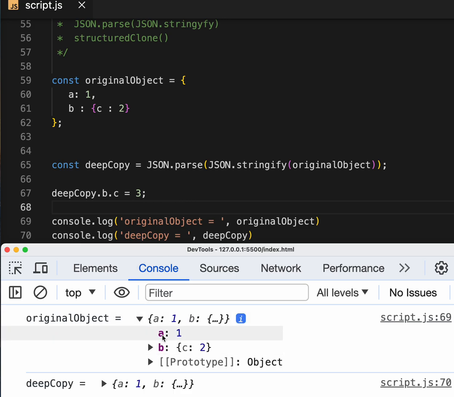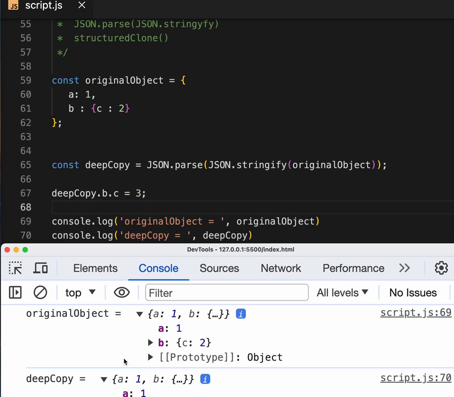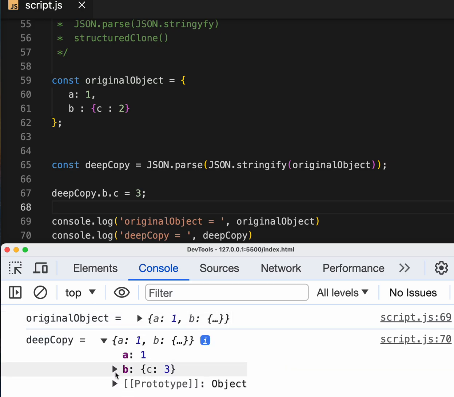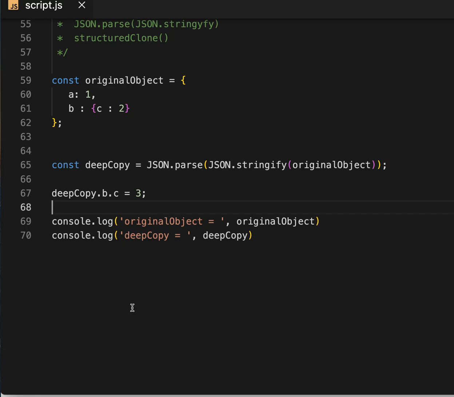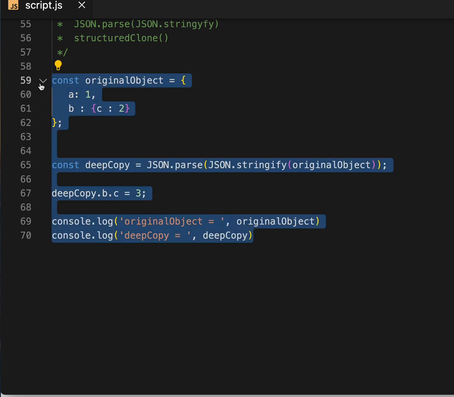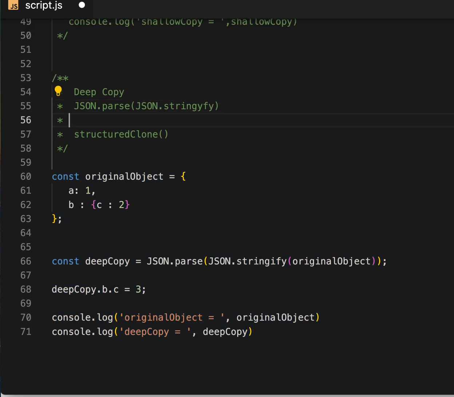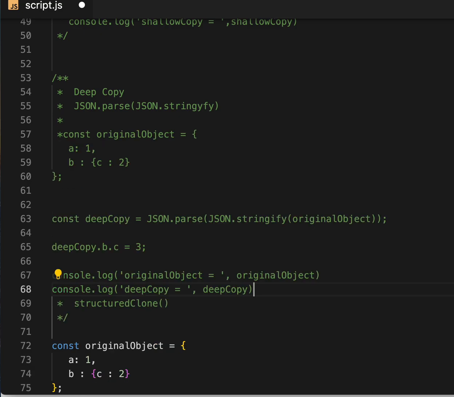You see we have a 1, b c 2 in the original, but in the deep copy, let's collapse this, b c 3. So modifying the deep copy doesn't affect the original object. Let's copy this and put it under JSON.stringify, so it will be readable later.